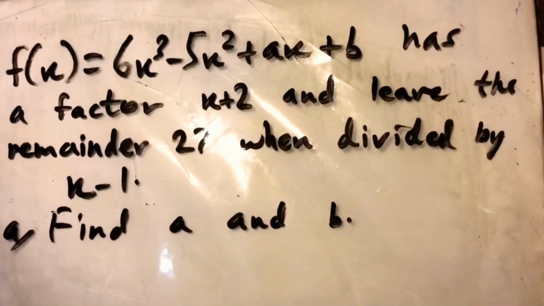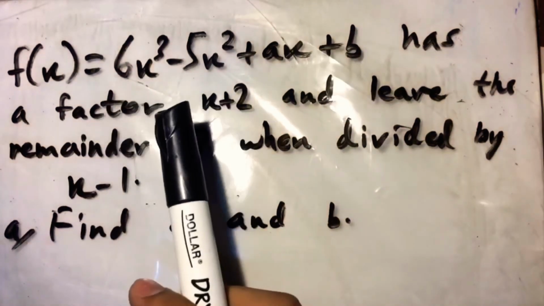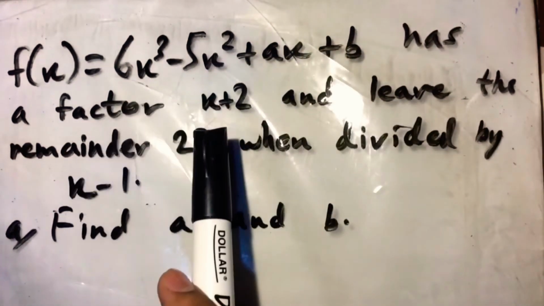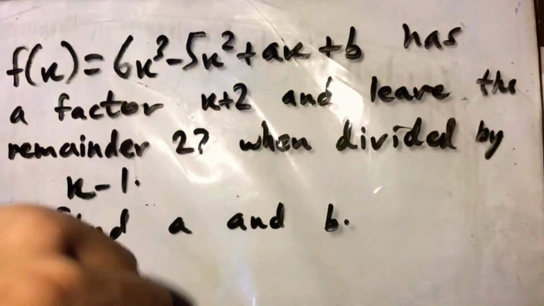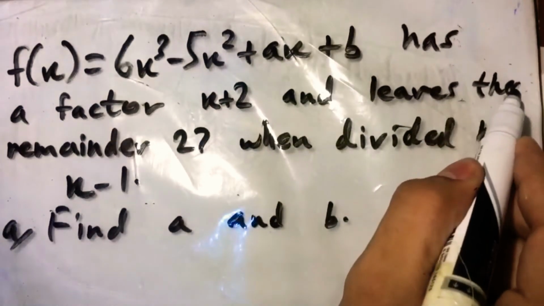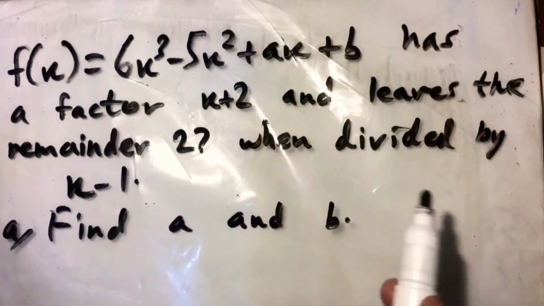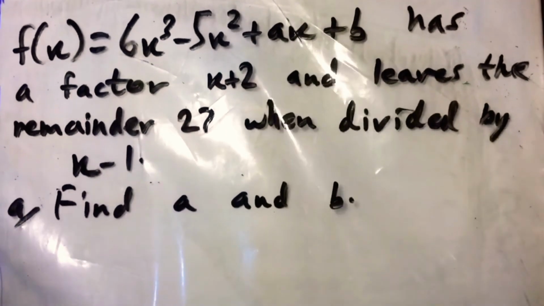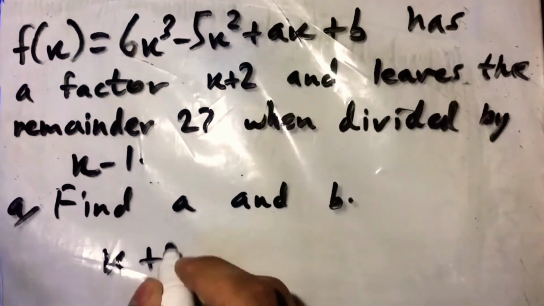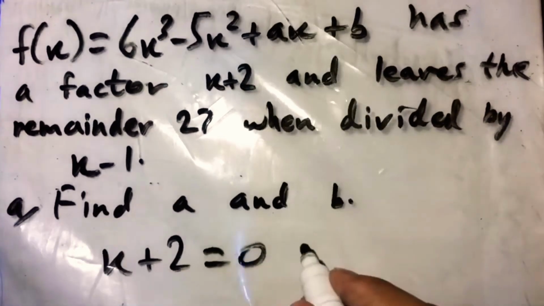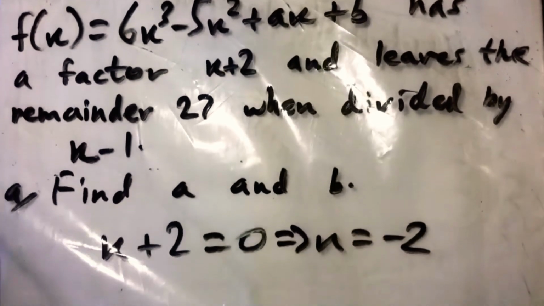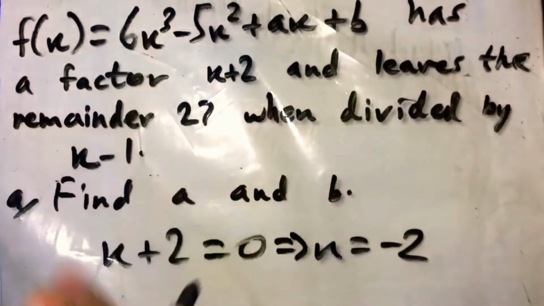The next question is f(x) is equals to 6x cubed minus 5x squared plus ax plus b has a factor x plus 2 and leaves the remainder 27 when divided by x minus 1. Find a and b. So first we'll take x plus 2 equals to 0, x equals to minus 2. Now substituting this in this equation,